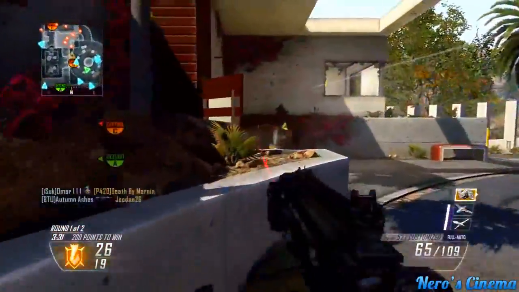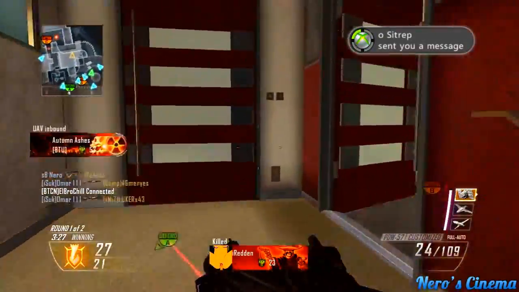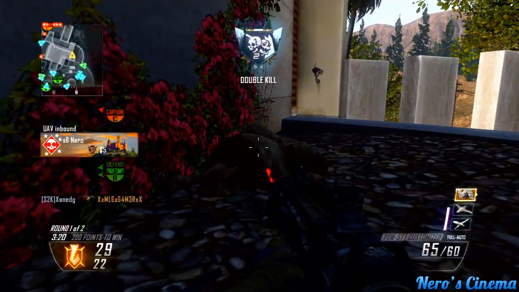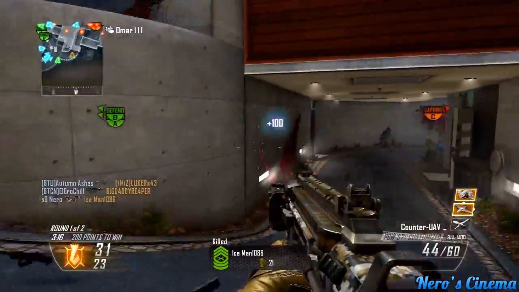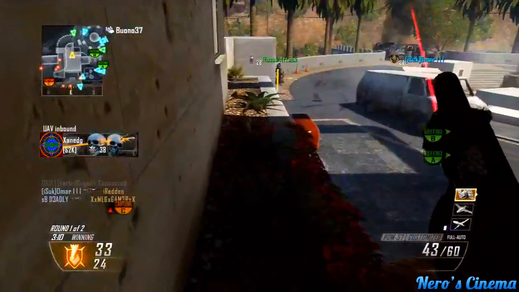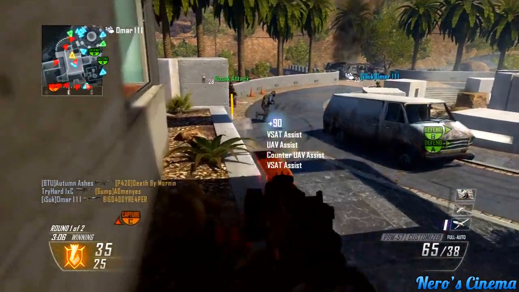That's just fact of the matter, and your score per minute is going to skyrocket, because essentially, if you're a good player and you can consistently get these UAVs, counter UAVs and orbital VSATs, you're just going to get assist points out the ass. That's what's going to happen. Pardon my language, but that is what will happen. You're going to get tons of assists, and essentially, you're going to be getting points every time one of your teammates gets a kill. And if you get a perfect lobby like this, or you get a perfect game, or you're just on your stuff, like I was in this match where I get 4 VSATs in one round,